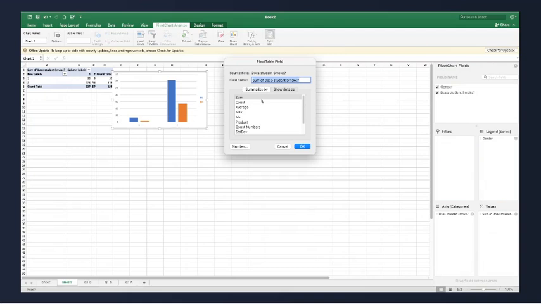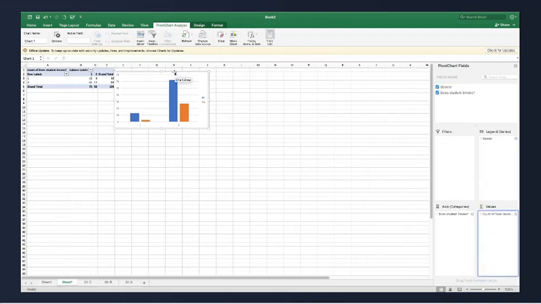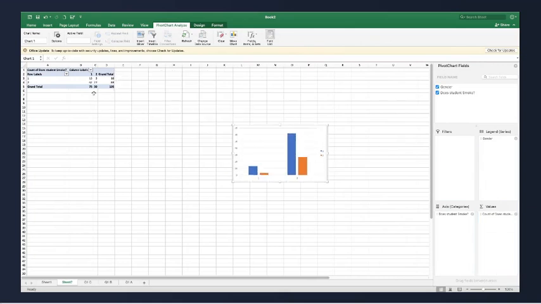Now you can click on information and go for count. It will give you a number of counts. Right? You can see here.